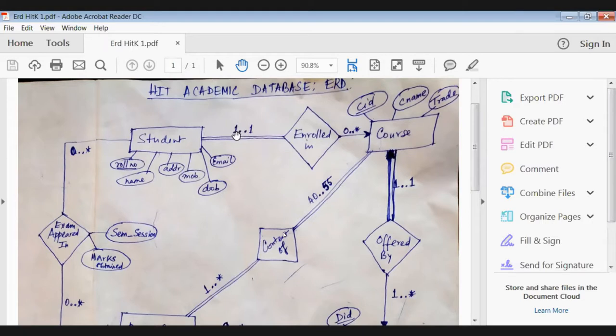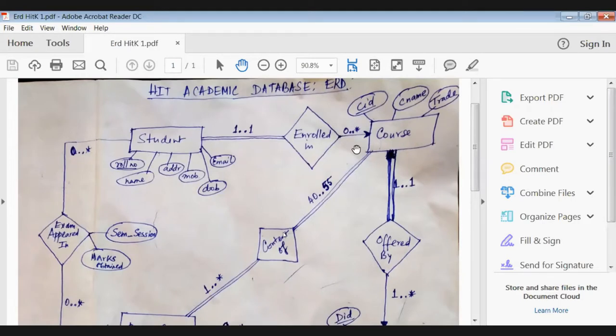If you don't use that notation, then you show a double line for total participation, a single line for partial participation, and an arrow or no arrow, and arrow lines for the cardinality. Understood what I said? Or you can use all the possible presentations I have shown here. Understood what I tried to say?